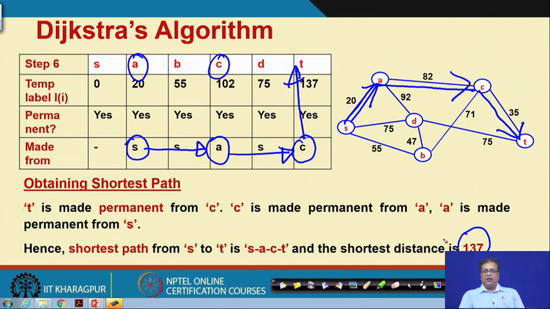So, we have seen different types of dynamic programming and how we solve them. We conclude our dynamic programming here. Next week we shall begin integer programming, right. So, thank you very much.